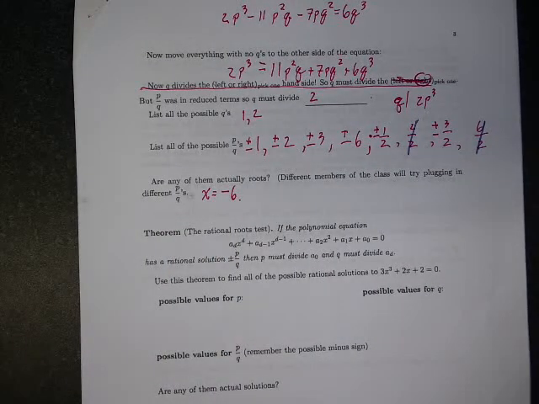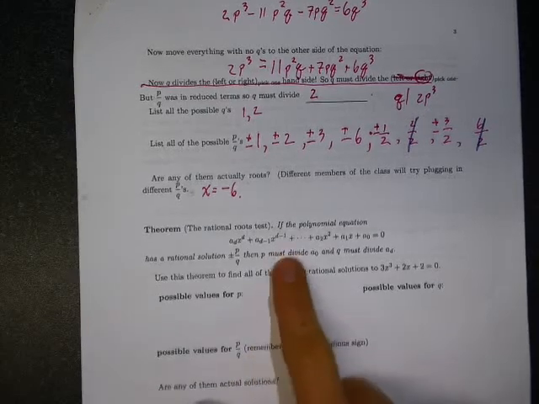So we won't actually do it, but could we now run the machine that we've built to completely solve the equation we started with? Yeah, we could say, well, x equals -6 is a solution, so x plus 6 should be a factor. Divide x plus 6 into this thing, you'll get a degree 2 polynomial out. Use the quadratic formula now. Because you know the answer won't be rational. There are no more rational solutions.